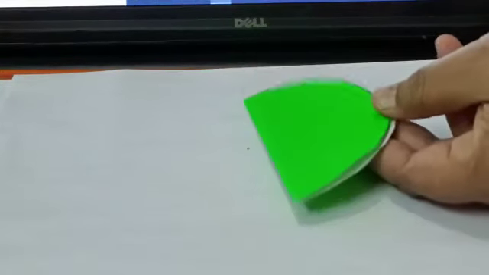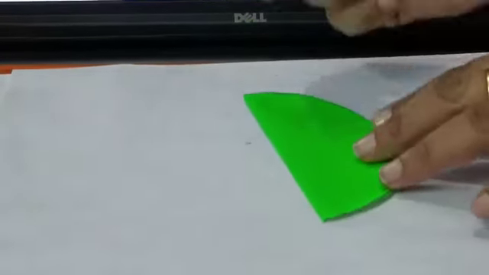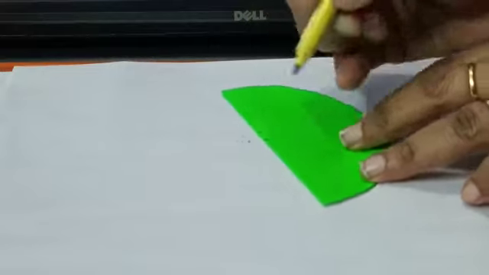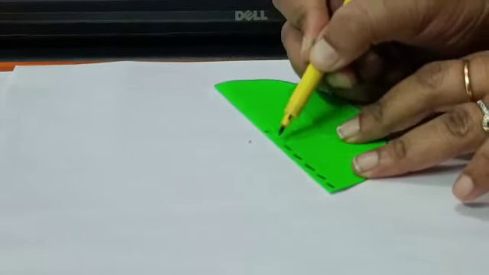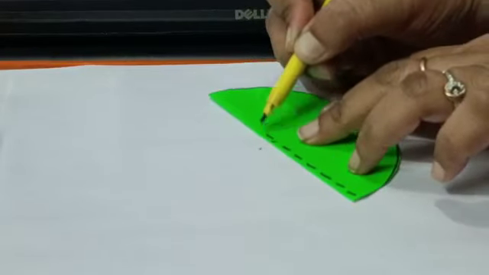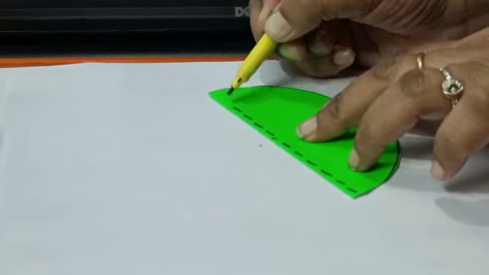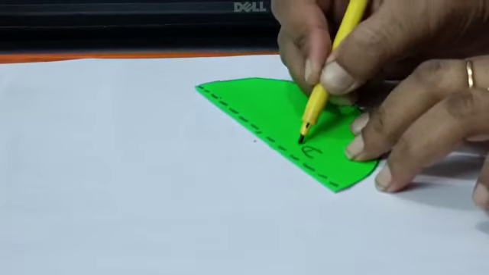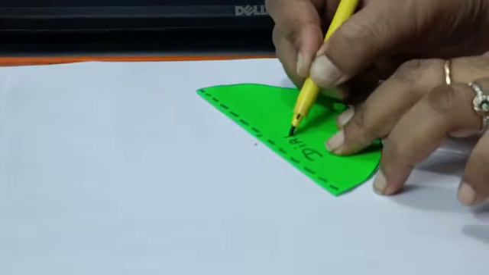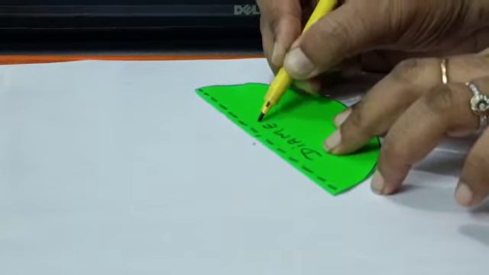This is passing through the center. So I'll again represent it using the broken line. You can see this line passing through the center of the circle. We'll show it as the diameter of the circle.